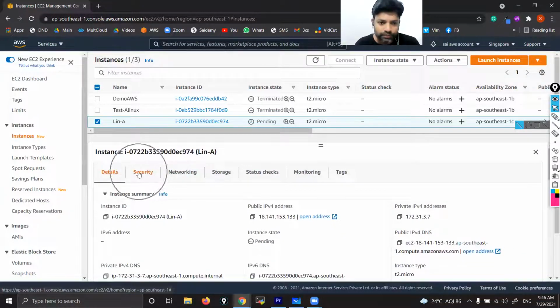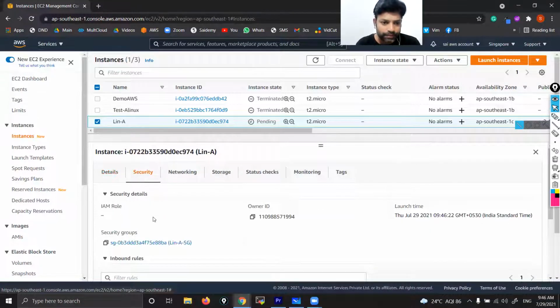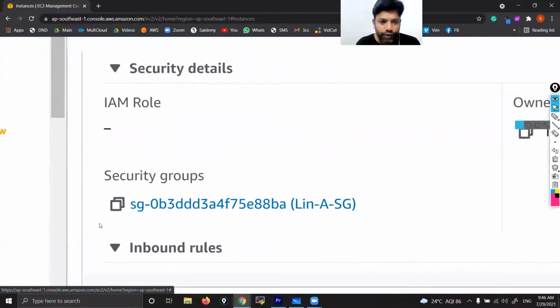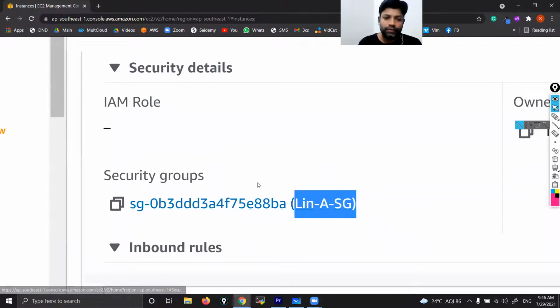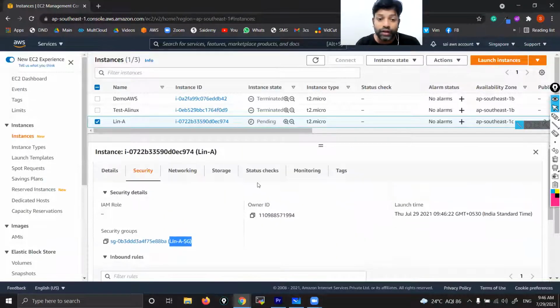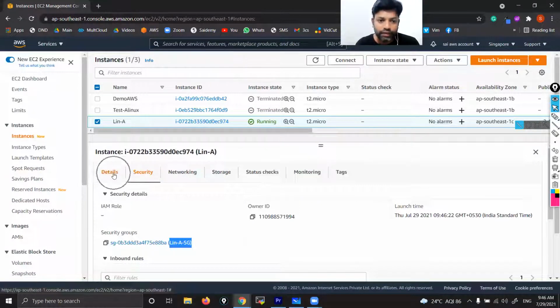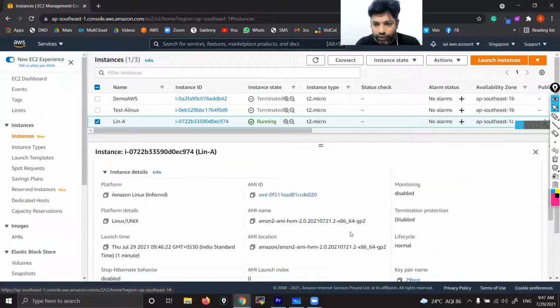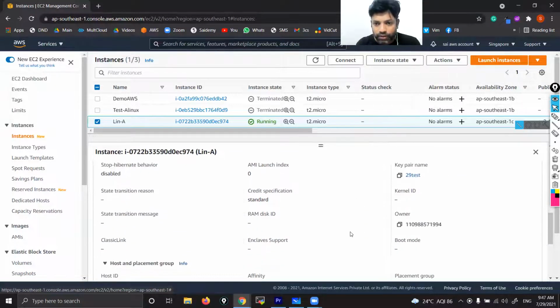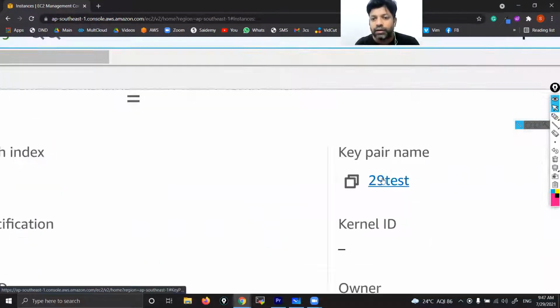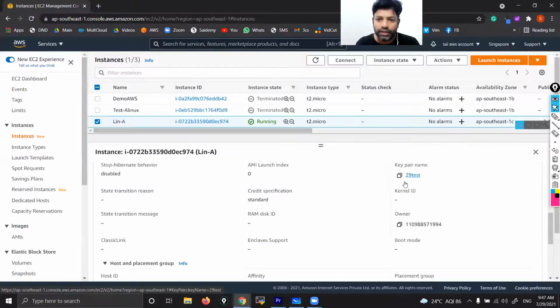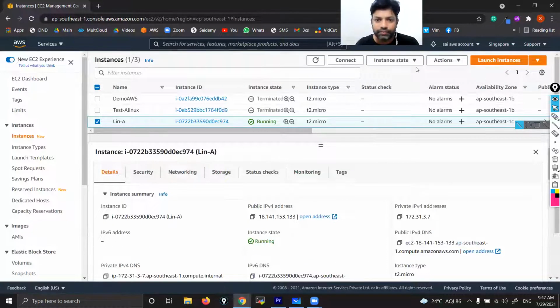If you go to security, what is the security group name we have given? Linux A security group. If you want to verify which key you are using, that you can also verify. Go to details, scroll down, and you can see key pair name 29 test. So all details you'll get from here in the details section.